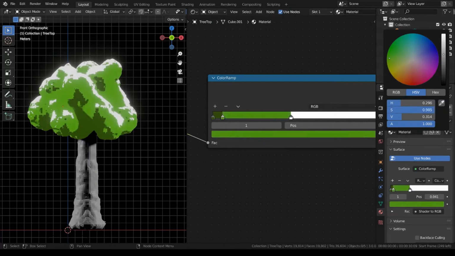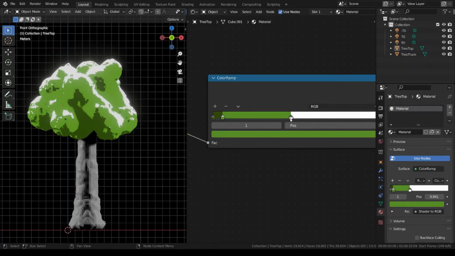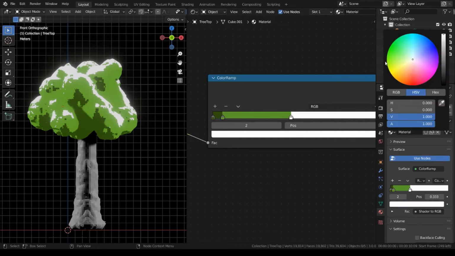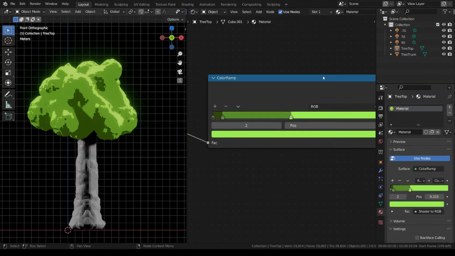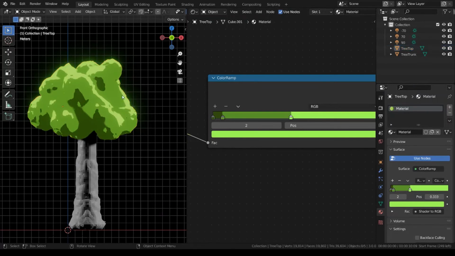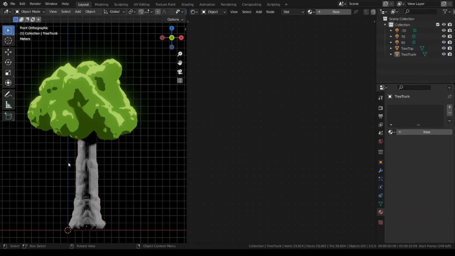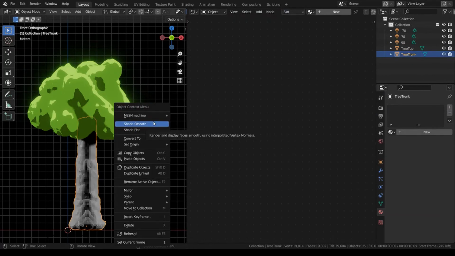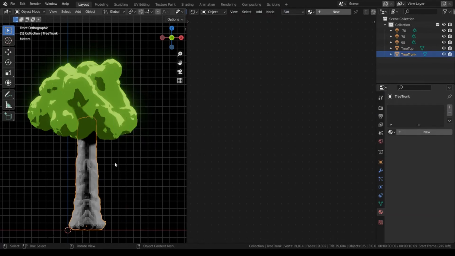So I'm just going to add some color to it. I like to give it more of a yellowish green, like so. Right there. Okay, so here you can see if we shade smooth it, we get the effect that we're looking for, and I'm going to leave this unshade smooth for now, just so it's a little easier to work with